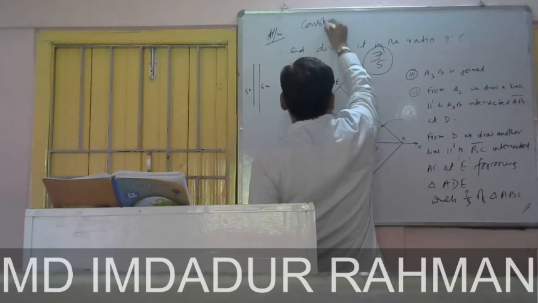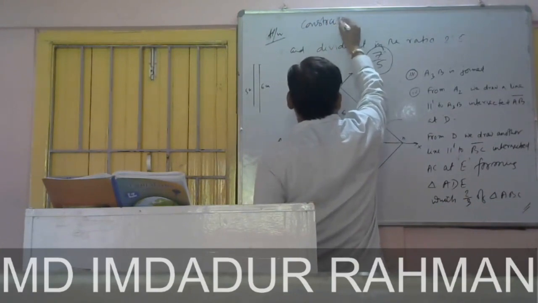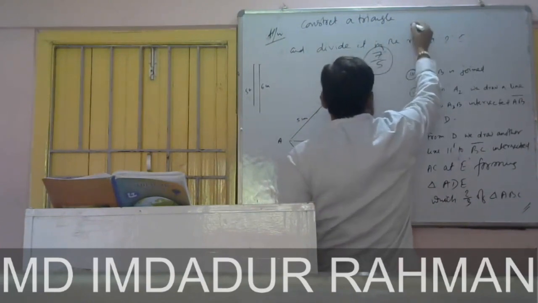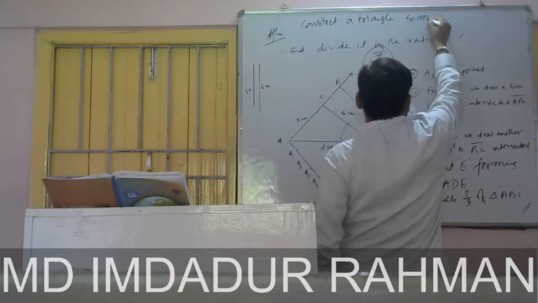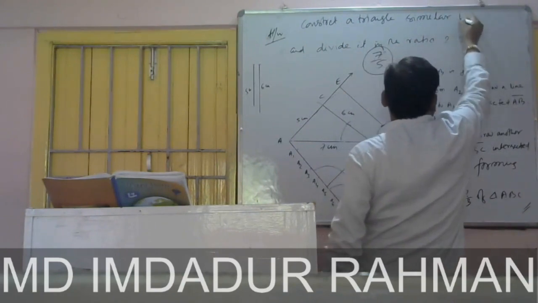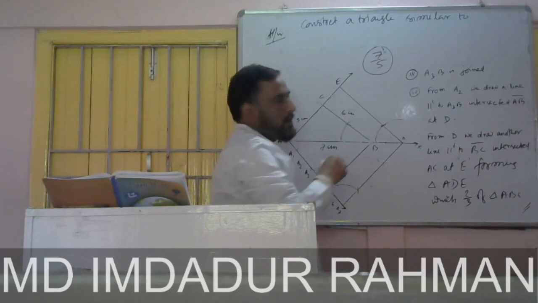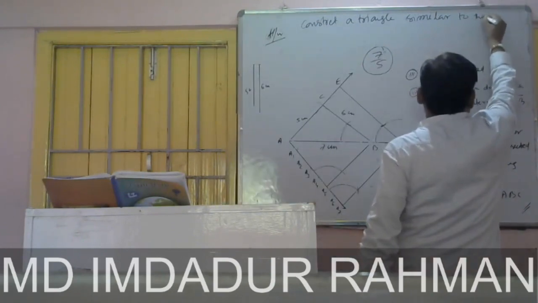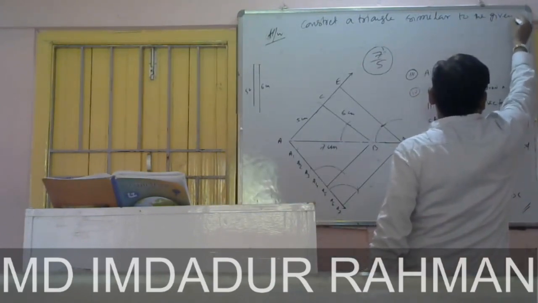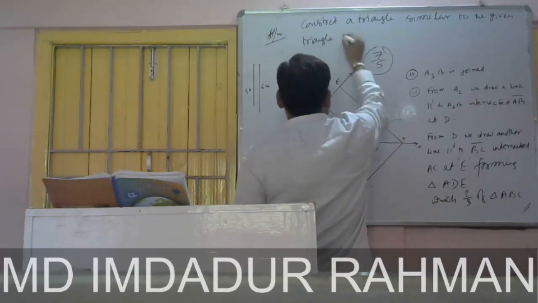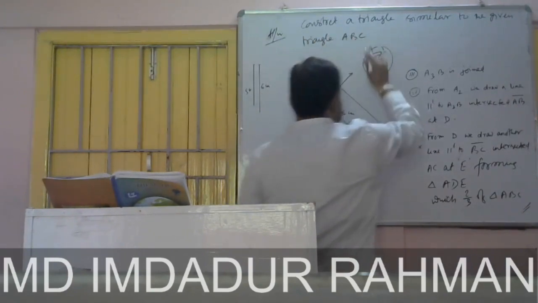Construct a triangle similar to the given triangle ABC